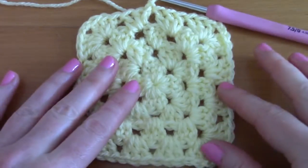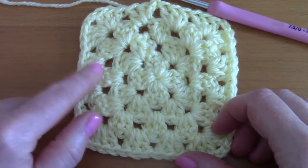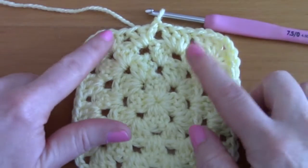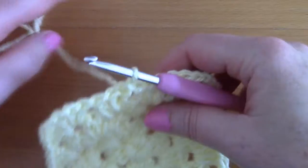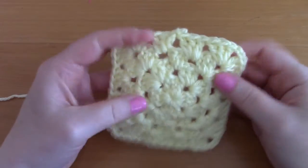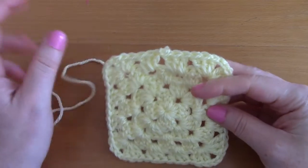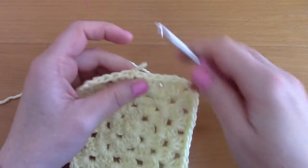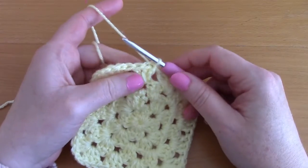So as I said previously, the side stitches are growing like here, and then obviously the corners are staying the same, obviously 4 corners, so it's easy to do the granny square. Okay, so I will be letting you carry this pattern on. It's super simple, so obviously for the next round I am going to explain it briefly,